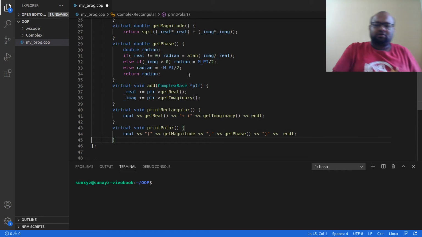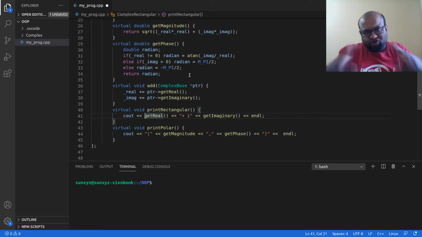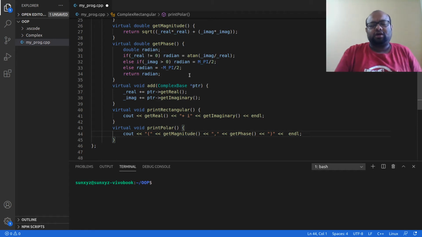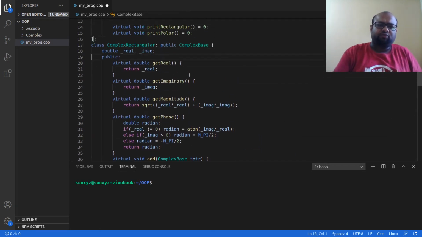So think about what I was talking about. Instead of accessing these attributes real and imaginary directly, I am accessing them through the methods get real and get imaginary, and here I have to put brackets because this is a method. The reason I am doing this is that these methods are going to be available in complex polar as well.